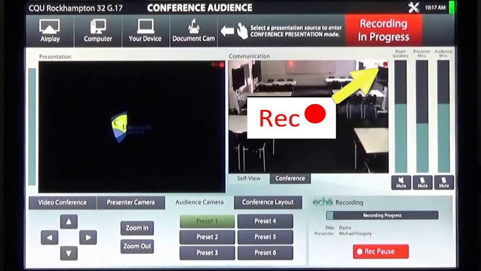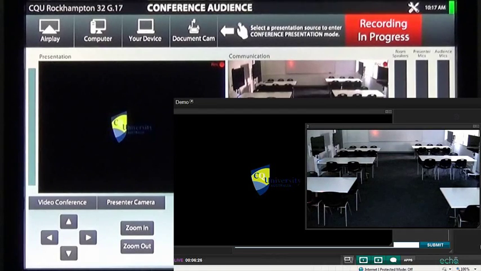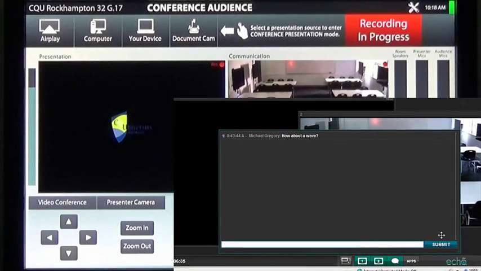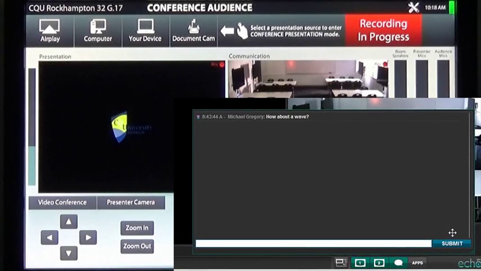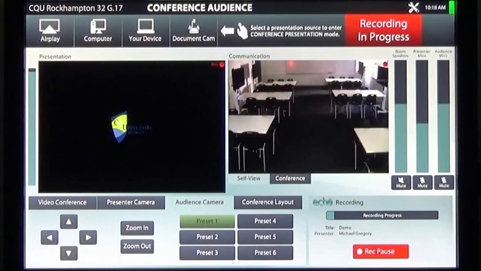Any presentation that is being recorded can be broadcast live over the internet or webcast. Webcast viewers see the 2 channels being recorded. Webcast viewers also get a text chat window to ask questions. The presenter can respond to questions in real time. To finish a recording early, simply touch Pause.